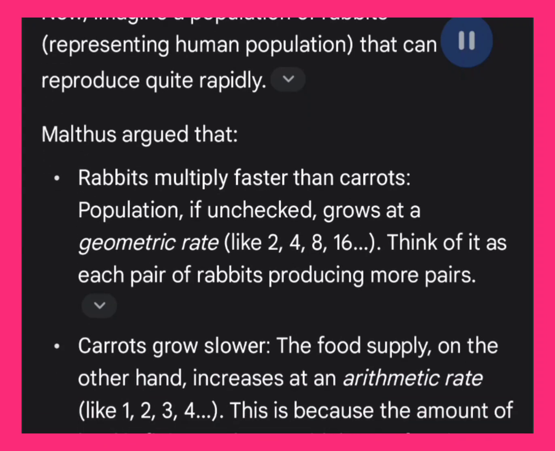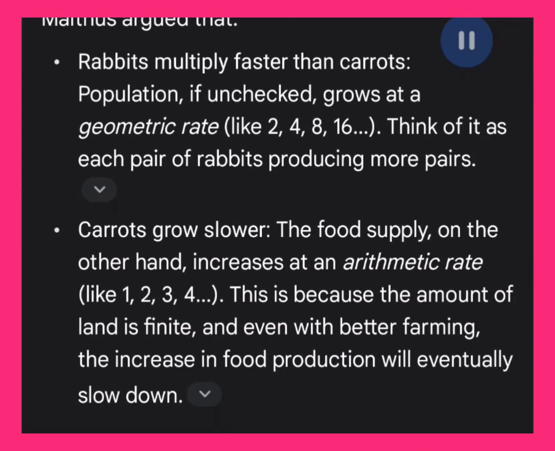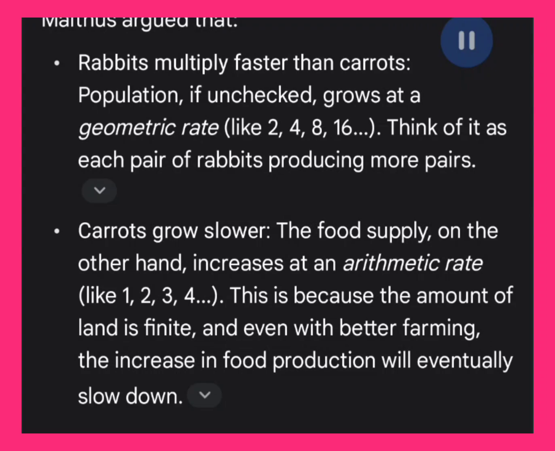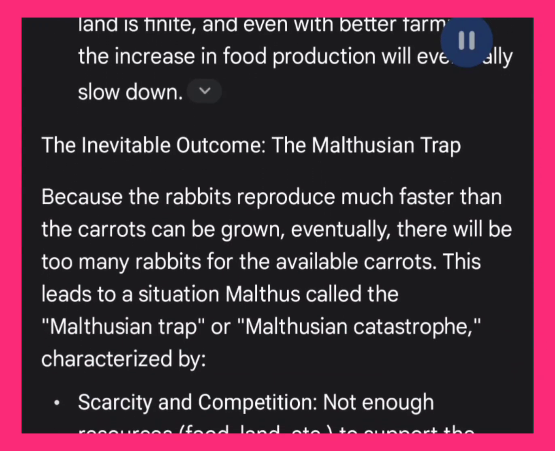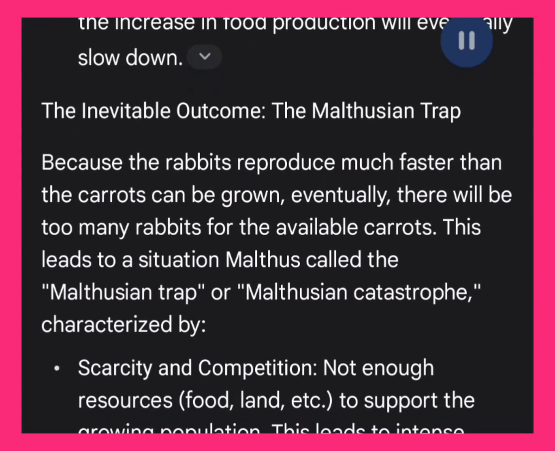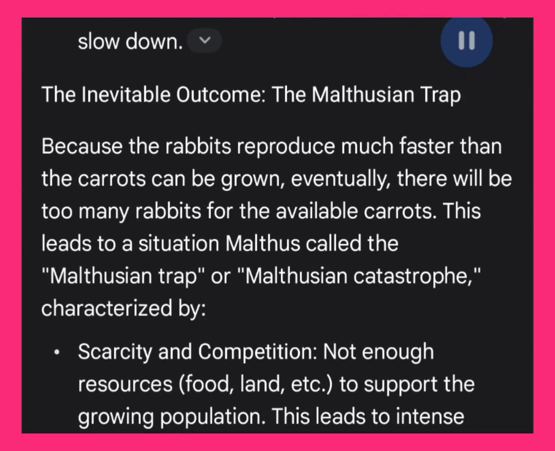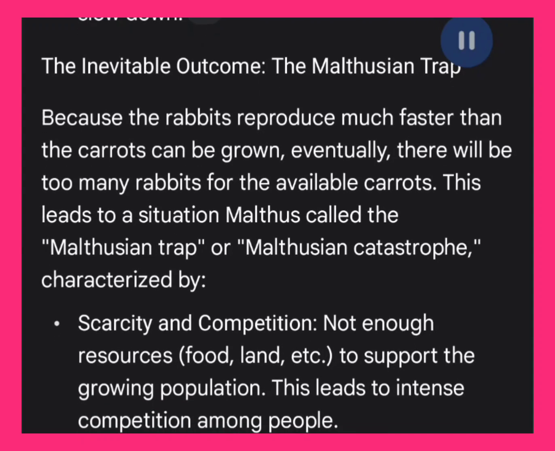Carrots grow slower. The food supply, on the other hand, increases at an arithmetic rate, like 1, 2, 3, 4. This is because the amount of land is finite, and even with better farming, the increase in food production will eventually slow down. The inevitable outcome: the Malthusian trap. Because the rabbits reproduce much faster than the carrots can be grown, eventually, there will be too many rabbits for